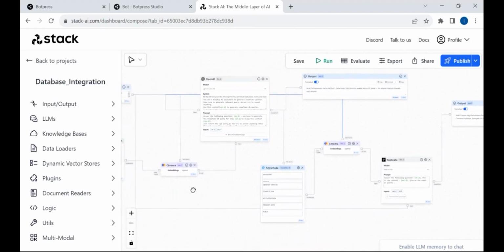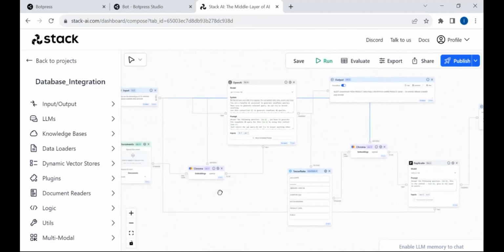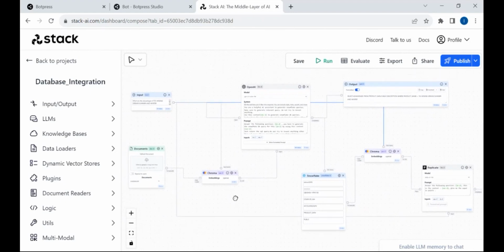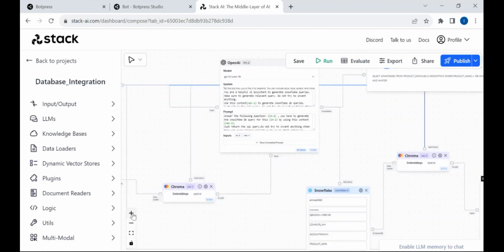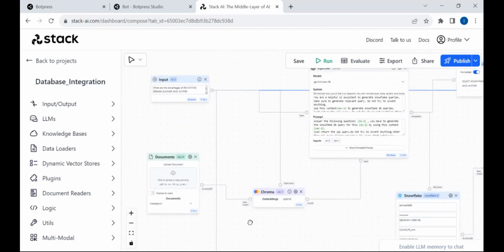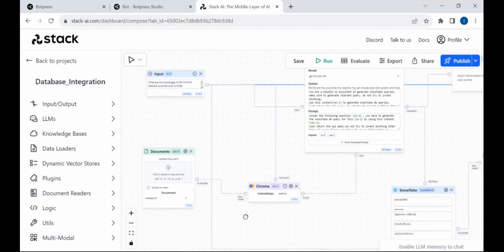So in this approach, we are going to show you how to use two LLMs to solve two problems. The first one is to automate the SQL query generation process. The second one is to summarize and give proper, accurate results for the user query. Let's first look at the different components that I have used, and then I will walk you through each step.